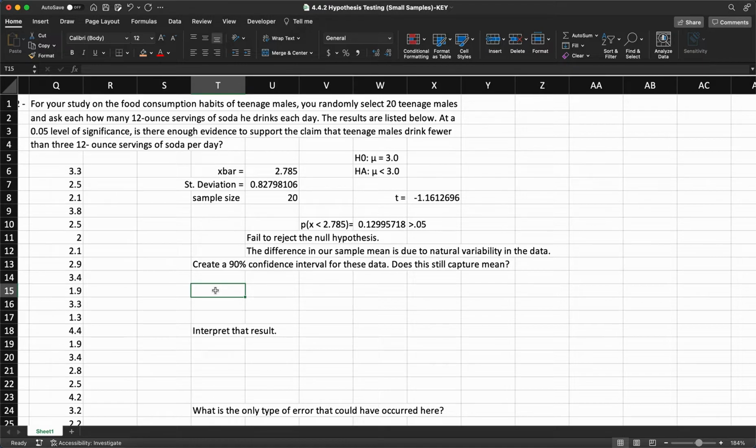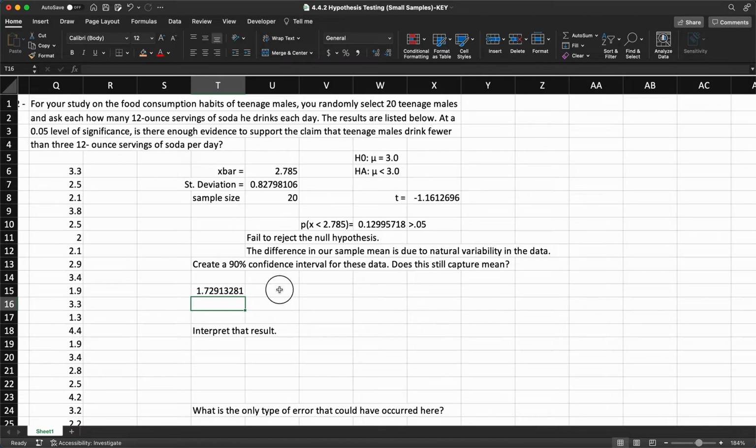And so what I need to do first is find the critical t value. Now this is a one-tailed hypothesis test, and so we technically just need the upper bound of our confidence interval. And so I can use my t.inverse function. For a 90% confidence interval, there's 10% that's split, 5 on the upper half and 5 on the lower half. And so I'm going to put in an area of 0.95, and my degrees of freedom, again, 20 minus 1, and that gives me a 1.729